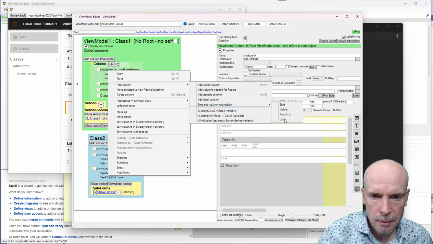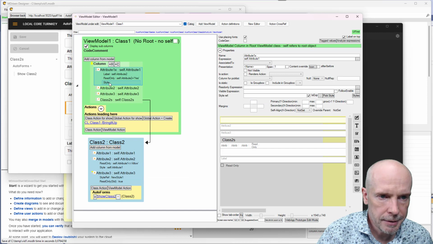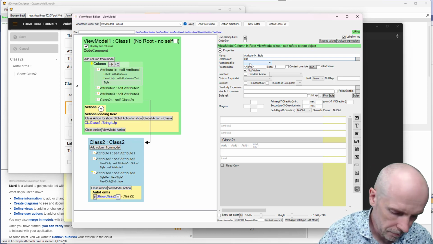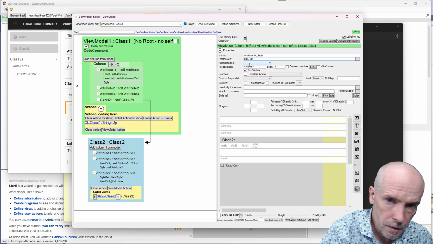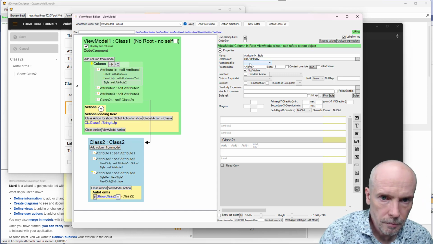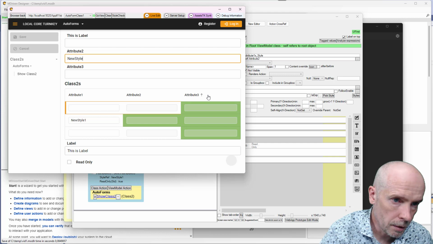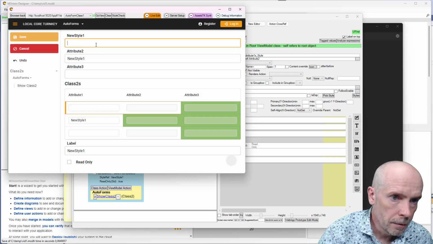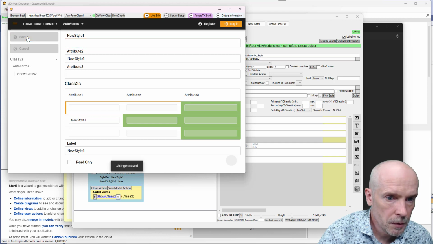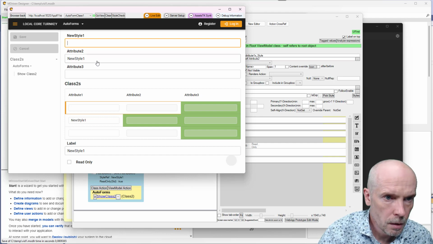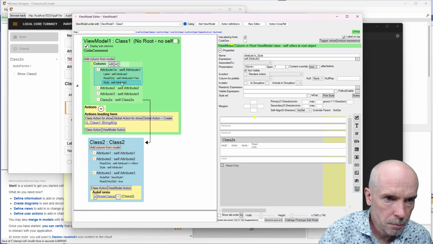And now read only and label are grayed out, since I've already used them on this one, but I can use the style and visible. So I can add the style and what the style expression should be. Maybe it should be, I'm gonna do self and attribute 2. And if I then go here and say new style 1, I would have assumed, let's see, attribute 2, the value of attribute 2 should be this one,